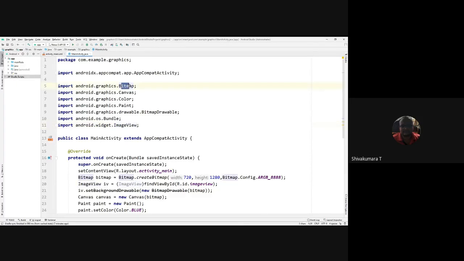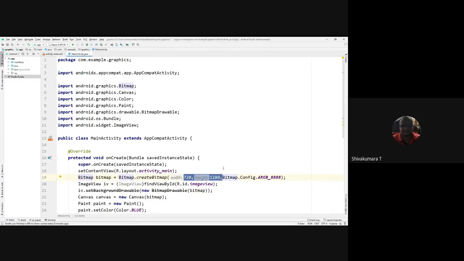With the help of the bitmap class, you create a bitmap by invoking the createBitmap method and passing the bitmap values, width 720 and height 1280. This is the resolution, the screen size.